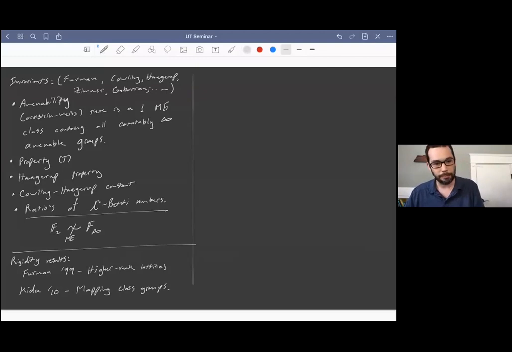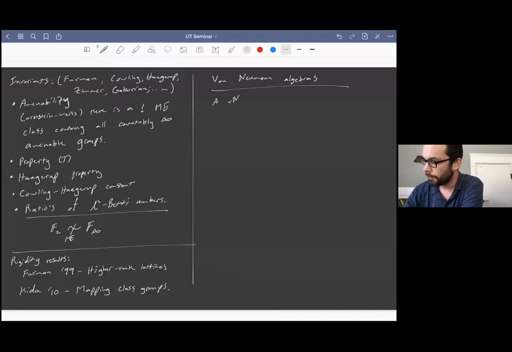All right, so now let me switch gears a little bit and let me talk about von Neumann algebras for a moment. Most of you have probably seen von Neumann algebras quite a bit, but I don't know everybody in the audience, so let me give a very brief introduction to von Neumann algebras.